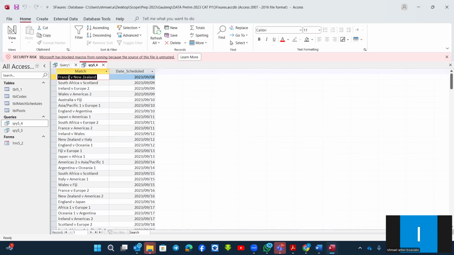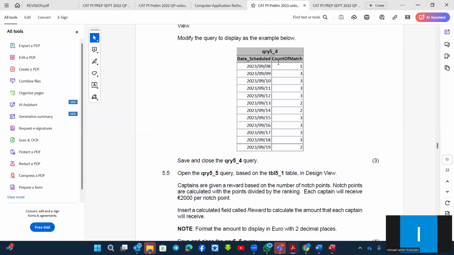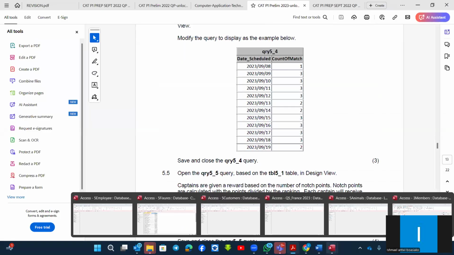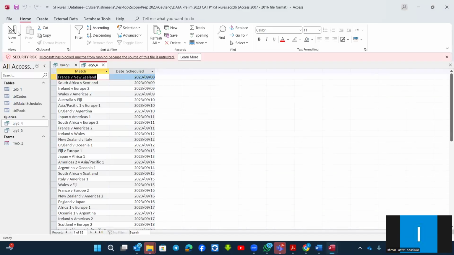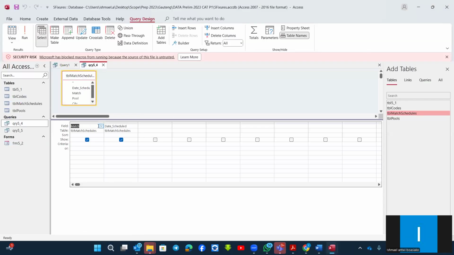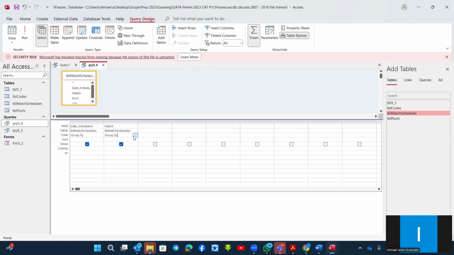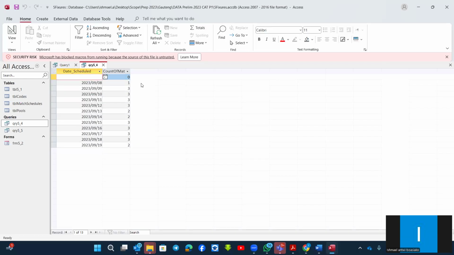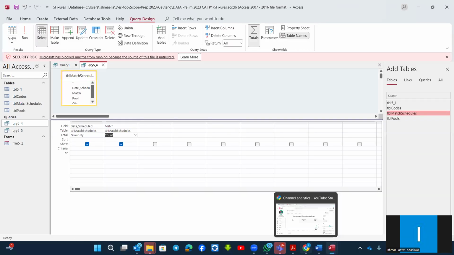Remember the original one is this match between date schedule, but on the screenshot here is the date first before the match. So we have to change them. In design view, we have to change them. So here should be the date, and here should be the match. Right, then you activate the totals. Then this group by you change it to count because the question says match count of. Right, then the next question